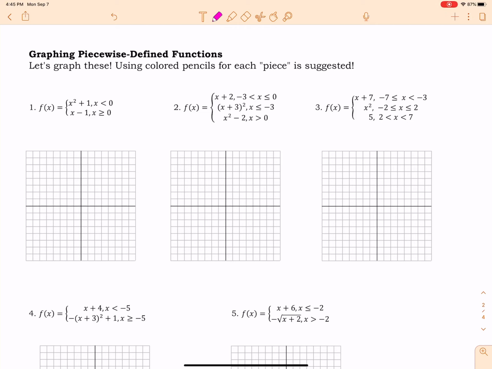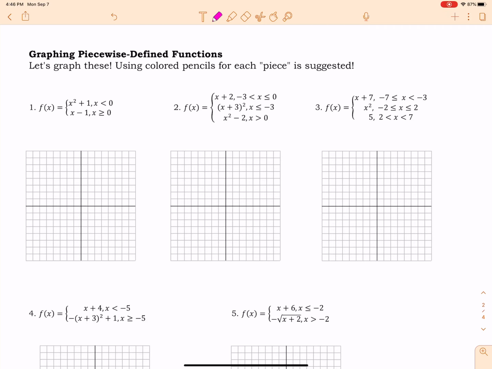Okay, pre-cal, here's your second video about graphing piecewise functions. So in our first video, we talked generally about what a piecewise function is, and then I talked to you about a specific one that you should be familiar with from your parent graphs, the greatest integer function. But now we're going to look at graphing piecewise defined functions, and you're going to be able to see what